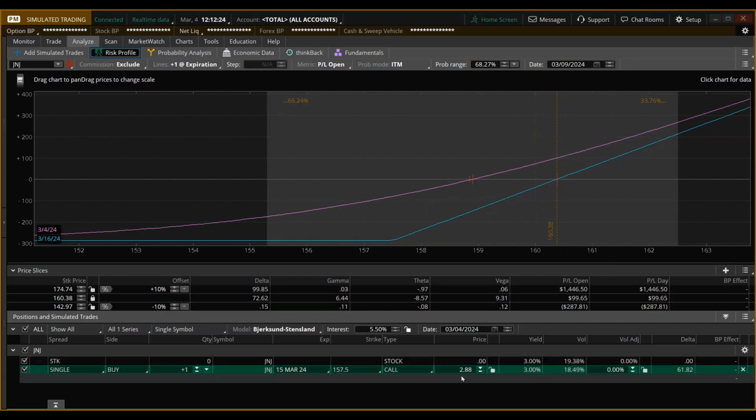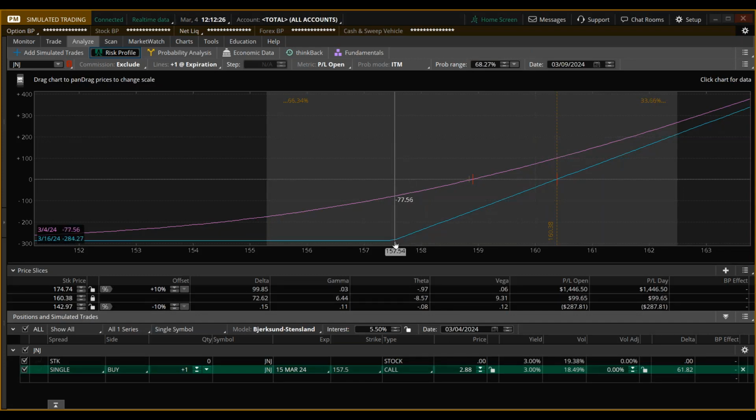The stock would have to go up from where it is now by $2.87 just to break even. So therefore, the probability of profit